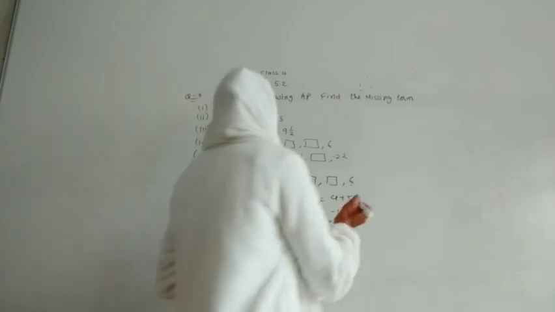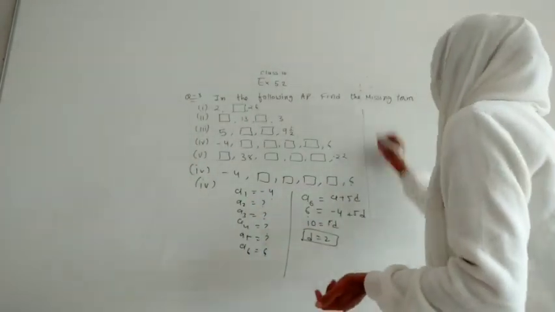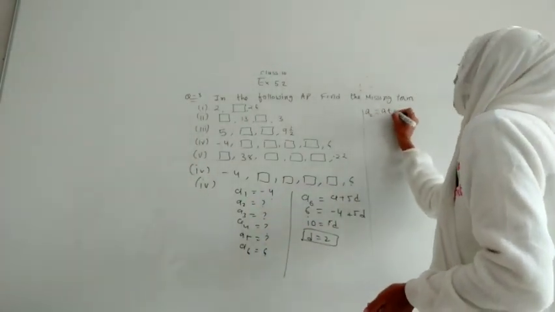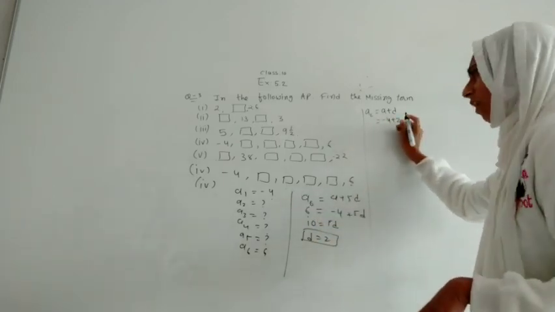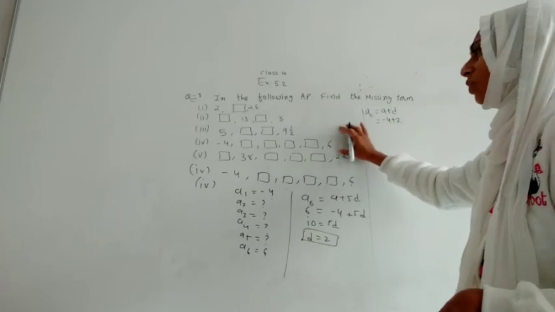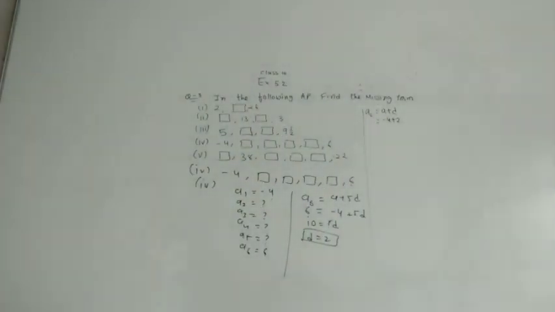Now simply we will find just a2, a3, a4, a5. Kaise? a2 hoga a plus d. a hamare paas hai minus 4. d we got as 2. This is a similar question to this one. I think you can do it by yourself. This was the hint from my side.